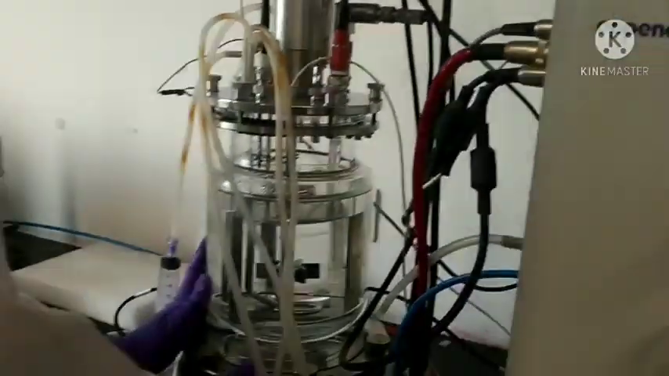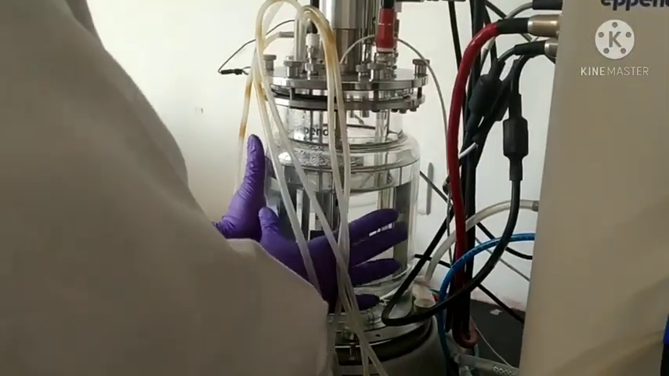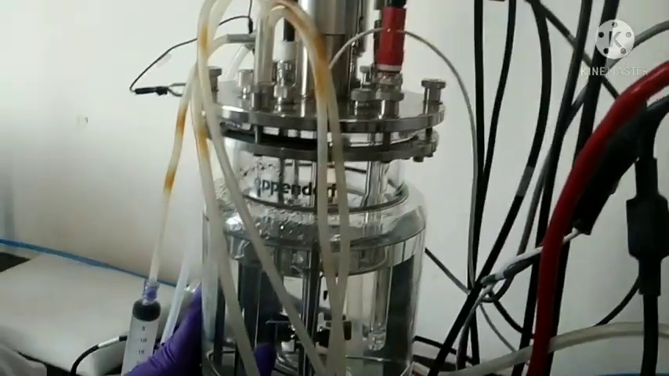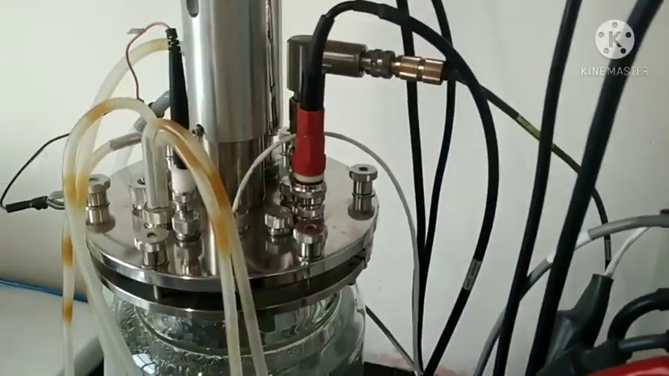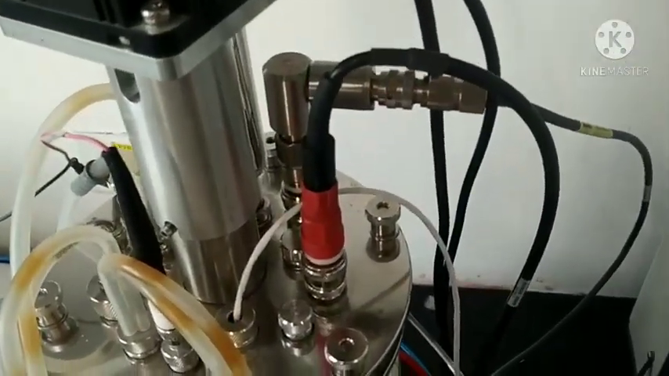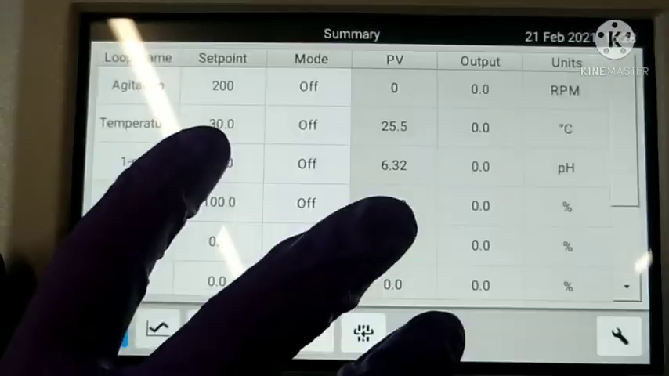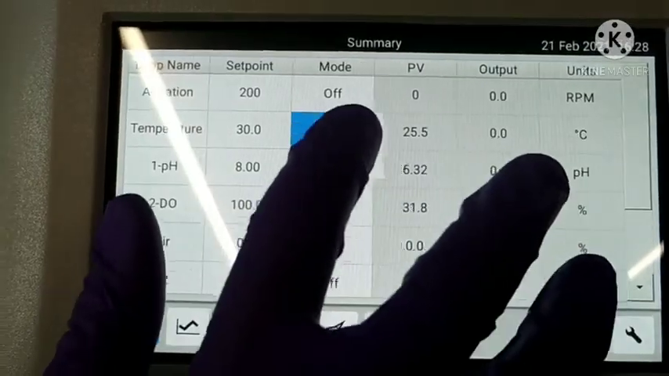I already told you about the heater and the mechanism of this cooling jacket. Now this is a probe for the temperature, dipped inside this main jar, and it directly shows you how much the temperature is right now inside. You can see here the present value of the temperature is 25.5. If you want to go for 30 and switch it on, you can see a heater will start directly,